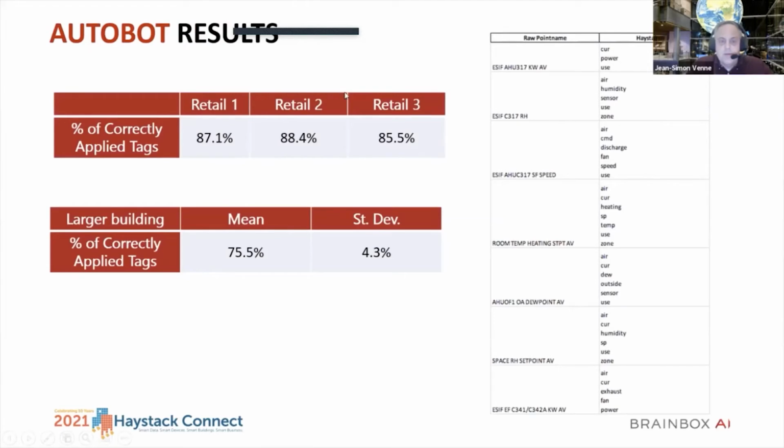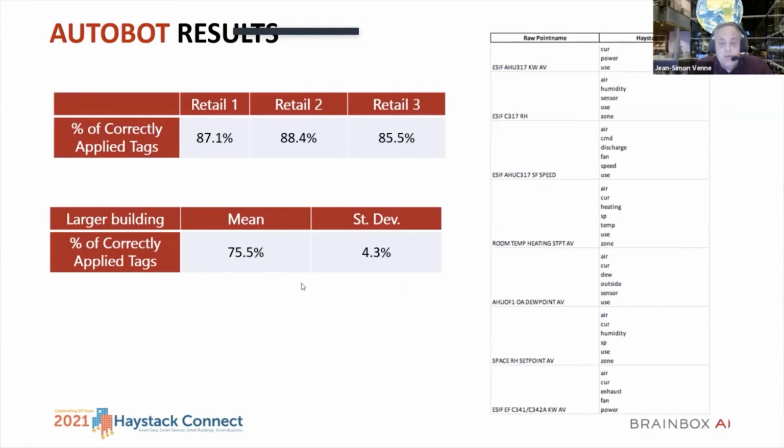I'll show you a bit of the results. We tested first at a very small retail location. Think about 100, 150 points per retail location. Usually a rooftop type of setup, very simple to tag, but that was a good base to start. And you see here the Autobot results giving between 80 and 90% accuracy. There are still some points where we're not able to name automatically, and that's why we still need a human. It spits out an exception list that a human will tag manually.